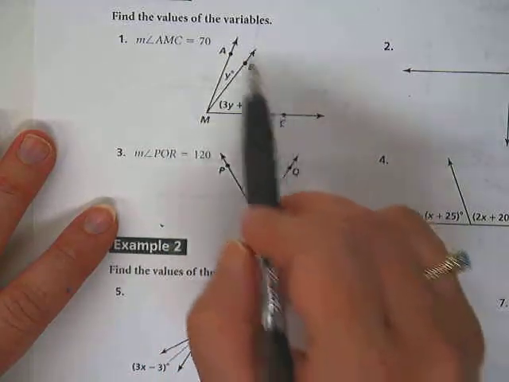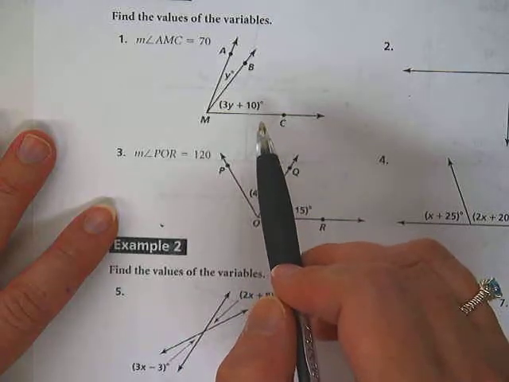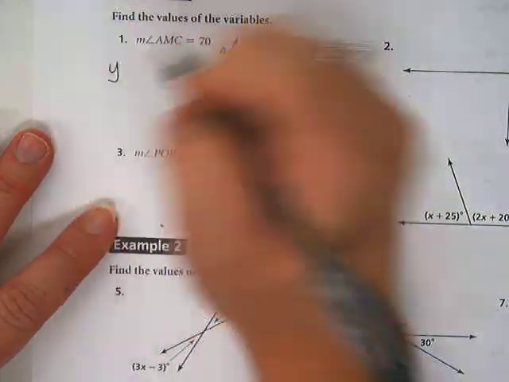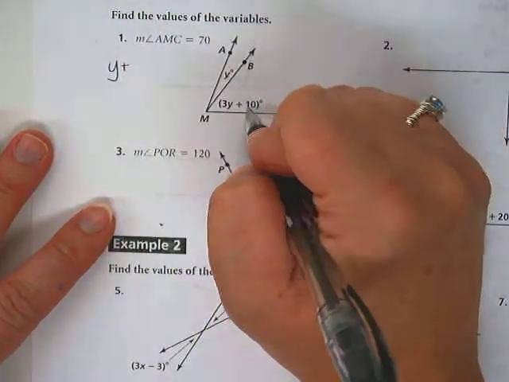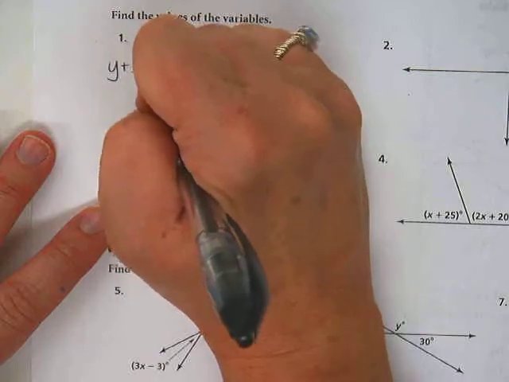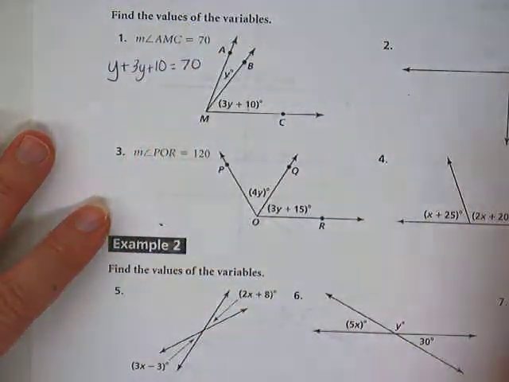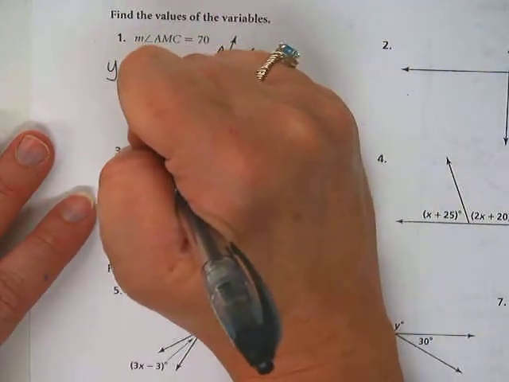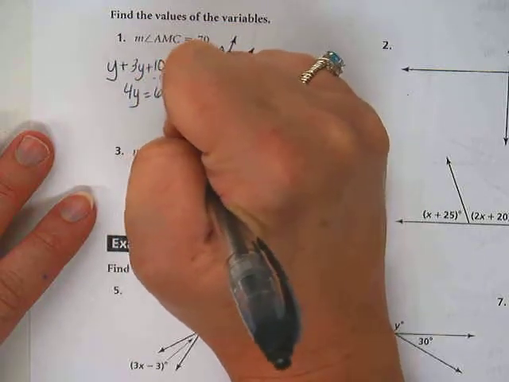So, like I said, AMC is 70. That's the whole entire angle. So this little angle plus that little angle add up to 70. So to set up the problem, we write down the algebra. Angle y plus angle 3y plus 10 equals 70. And now we have a simple algebra problem to solve where we add the y's together and we subtract the 10 to the other side,